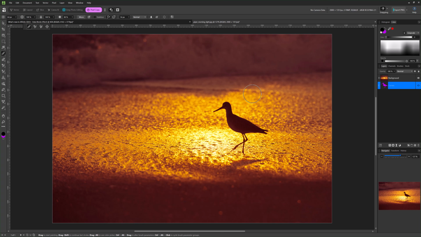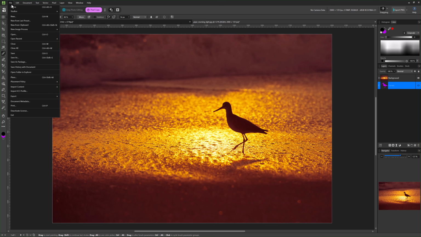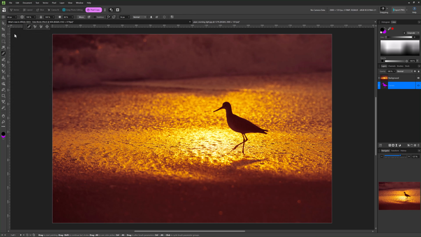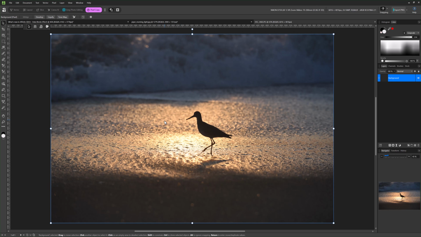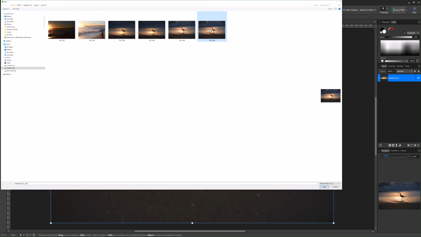So here's a photo where I've already done the post-processing, but if I was going to come in here and open this original photo, with file open, I have two different versions in here because when I was shooting this particular picture, I took both the JPEG and RAW files. So here's the JPEG written to my camera, and then this is the RAW file. If I open the JPEG version, it just opens up directly in Affinity. But if I open the same photo in the RAW version, which is this one here in the RAW format,